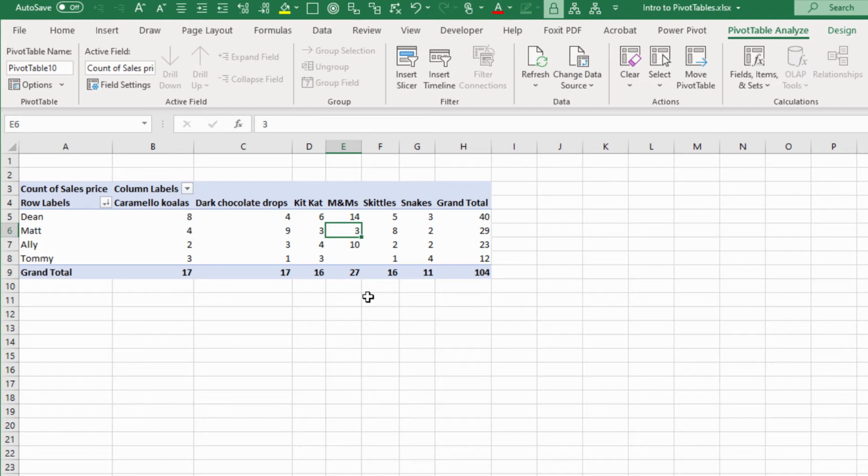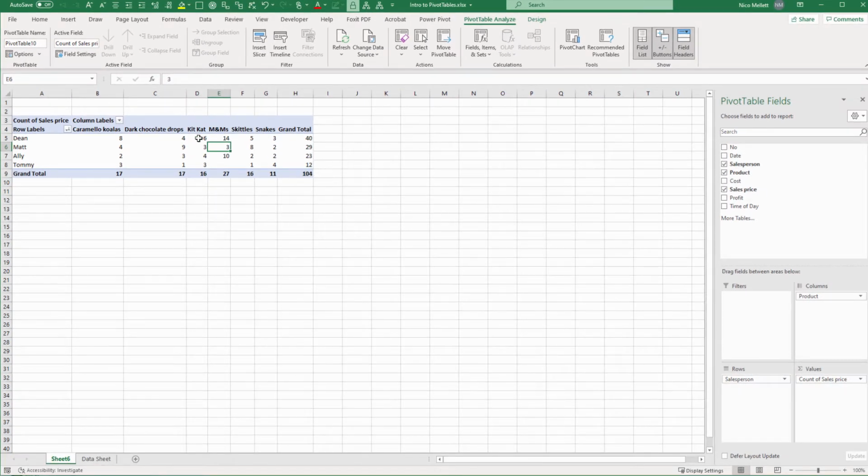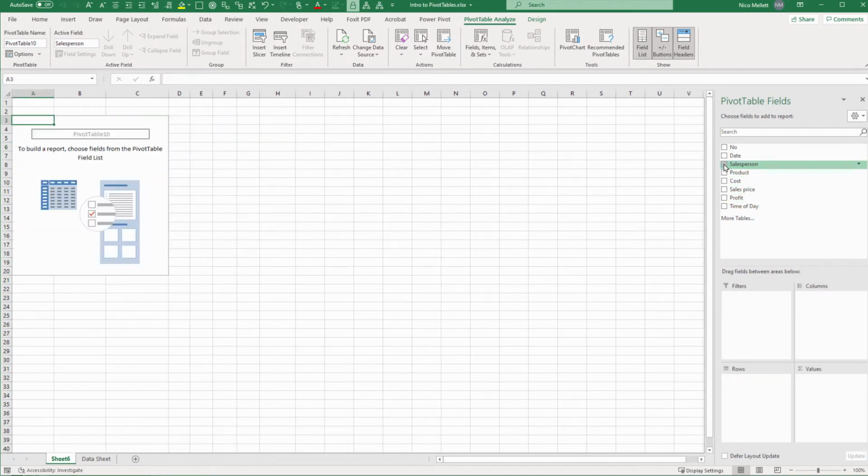Alright, so now let's have a look at the time of day. Try and work out when they should go out and sell, which time slots to focus on. Because they're out day and night at the moment, we want to make sure they just focus on the time slots that are most profitable. So to do that, we can just pull everything out and start again. So let's get rid of everything.